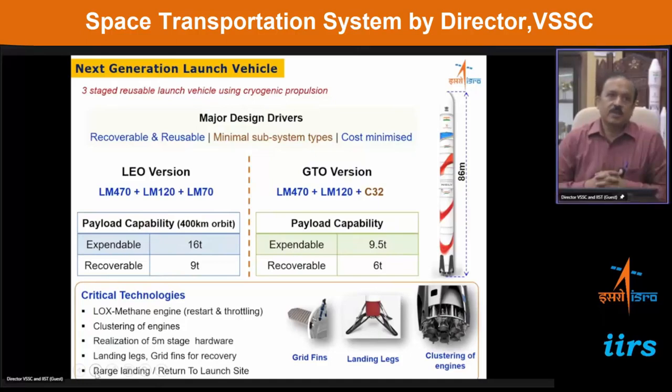So this liquid oxygen methane engine has to be capable of restarting and throttling, and we need a cluster of engines. When the engines are more, there is thermal management and associated thrust level management, and we are going to have 5-meter class structures. So it's machining, industry preparedness, as well as transportation of